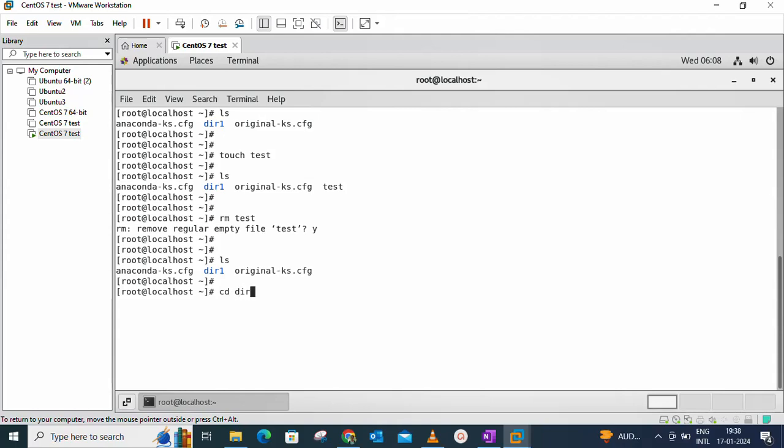For example, we have a directory here called directory1. We'll just navigate to that. We have a test3 file here. So if you want to remove everything, what you can do is rm -rf, where f is for forcefully deleting, and r